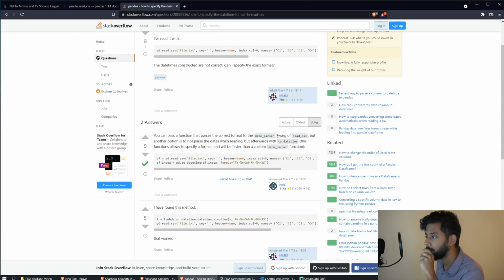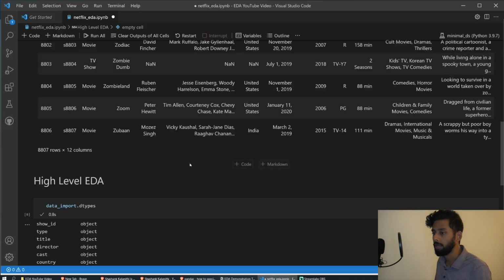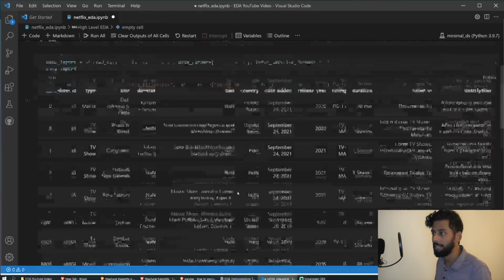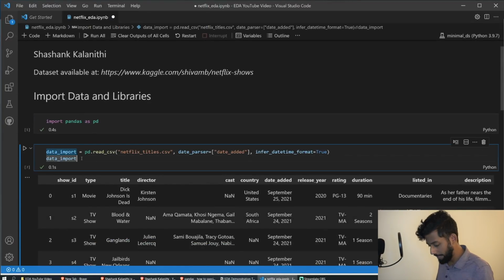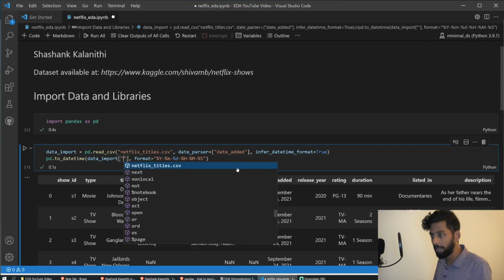The date parser keyword argument. So kwarg stands for keyword argument. So read file.text, separator, header, index column, use unsigned. Okay, so I guess I have to specify it like this. So it looks like what I need to do is bring in data import and then specify it using the pd.to_datetime function. So what I would do is data import, and then I would do